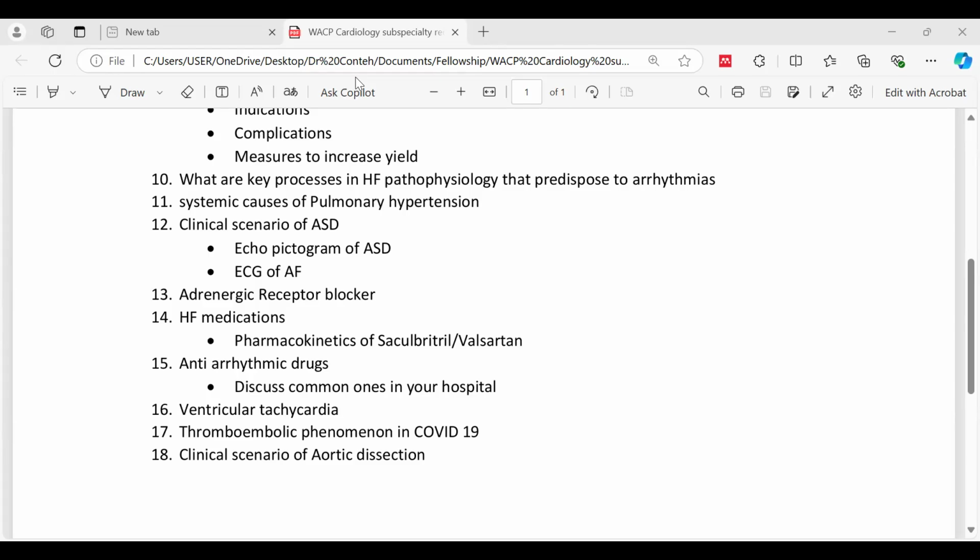And the mechanism of this nerve sprouting is actually not known. Catecholamines, that is increased catecholamine level in the heart, will lead to increased nerve sprouting. And you know, when you have increased cardiac sympathetic outflow,